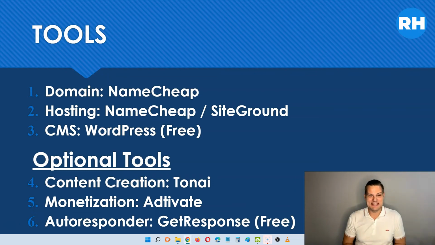Next up, we have the monetization, and here you could either add your own banner ads throughout the website, where you, for example, go to clickbank.com, find some products you want to promote, and then use their banner ads to integrate on your website. If you can't find a product on ClickBank that fits with your business, and if they don't have a banner ad and so on, I will highly recommend you to use a software called Activate.